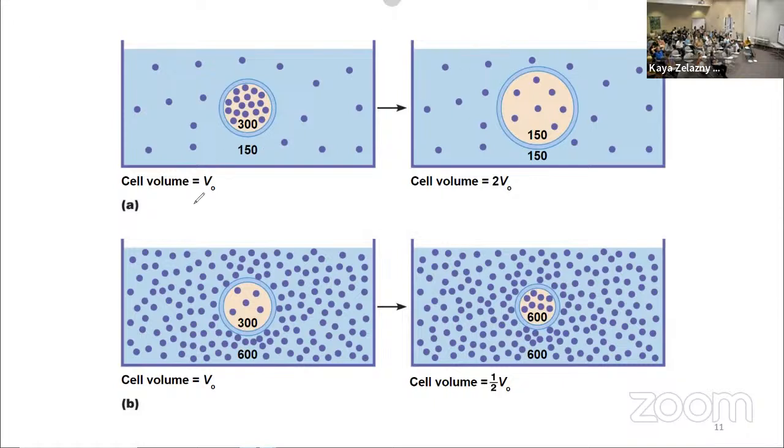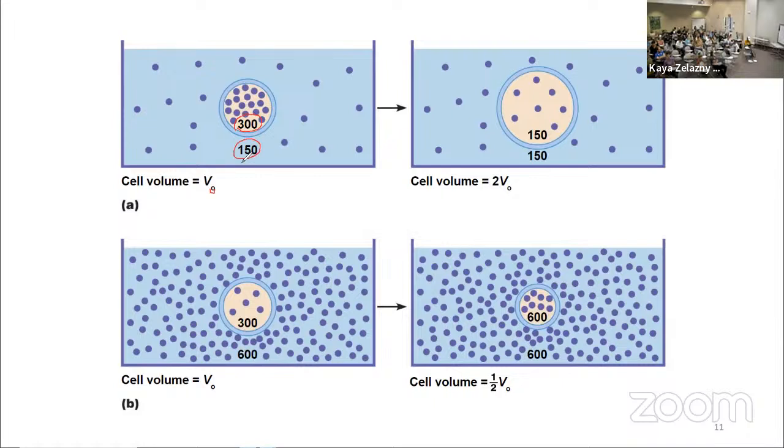So what we're looking at here is the relationship between volume and osmolarity. Right, so here we can see a cell volume. We're starting with our original volume, so V0, right? So we've got a typical normal cell size here, our starting cell size in the situation where we have 300 milliosmoles inside,